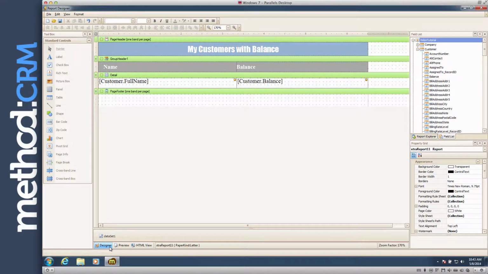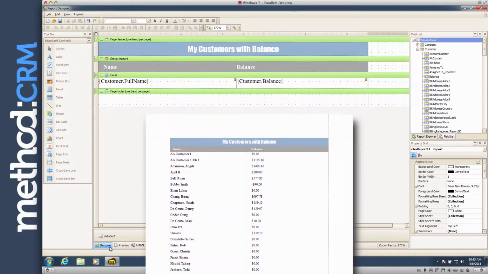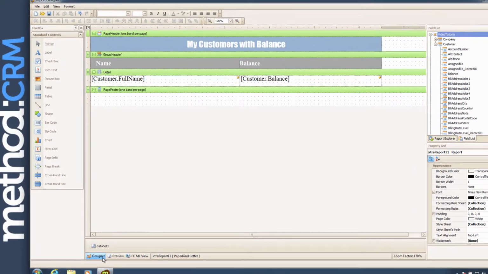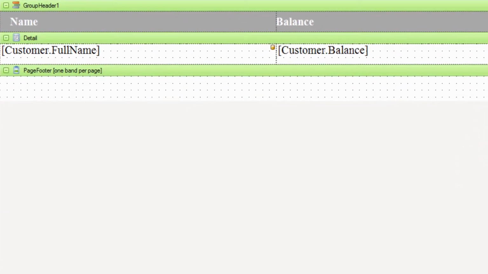Here's that customer report. And you may be thinking, Errol, you never showed me how to make this report. Well, that could be your homework then. The master table for this report is the customer table, and it shows the full name field and the balance. That's it. It's not hard. I don't even have grouping in this report. I just use the group header to display the header titles. Okay, the customers are all shown in the detail band, and I want to hide the ones with 0 balance.